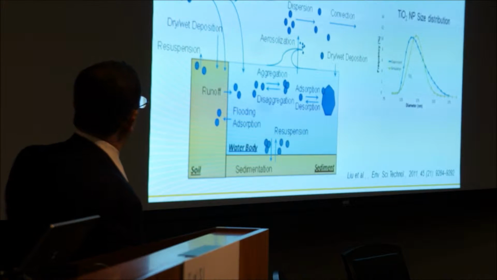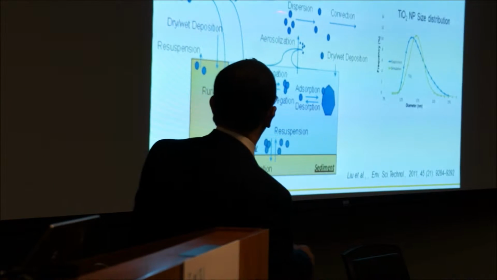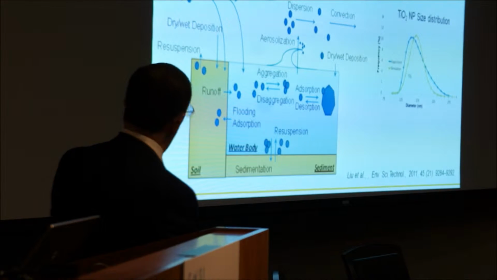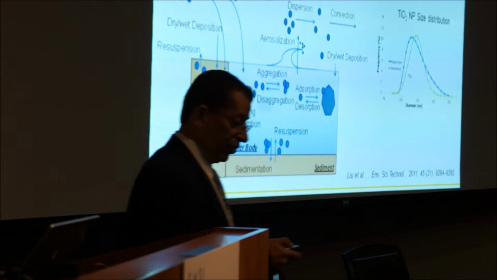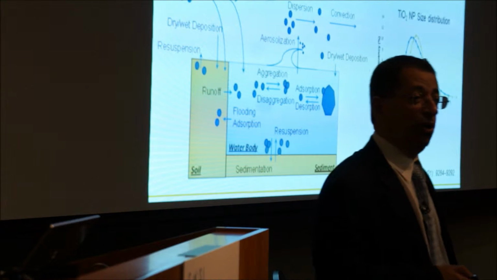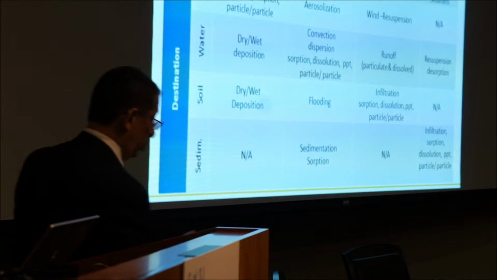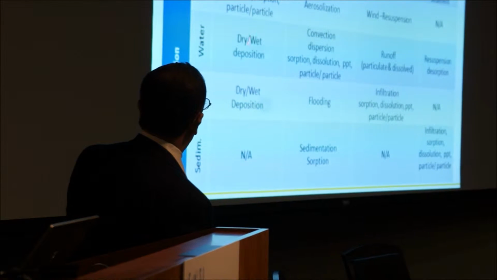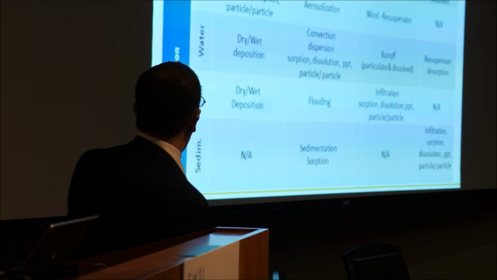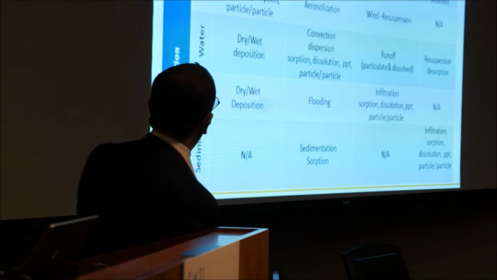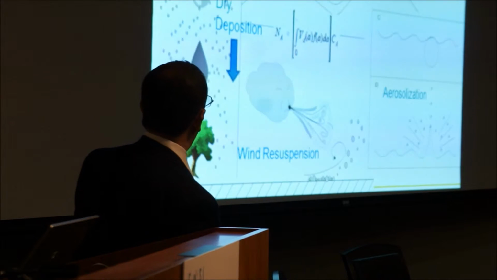We need to know if the material is released to the environment, whether it's the atmosphere, to water, to soil, where does it go? Because it will distribute itself. The environment, or let's say the atmosphere, doesn't know that it's supposed to be segregated from air or water, and vice versa. Water interacts with soil, interacts with sediment. So we have to take that into account, and we need to understand that there are mechanisms that lead to transport between compartments, between air and water, between soil and air. There are different mechanisms that lead to nanoparticle movement.